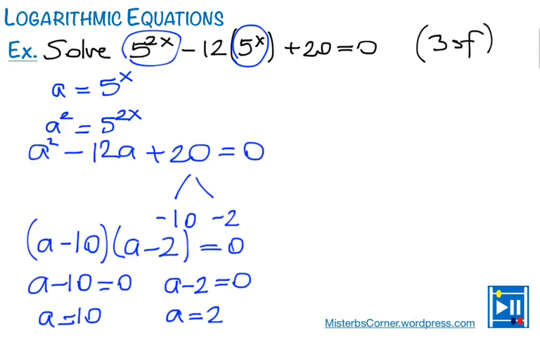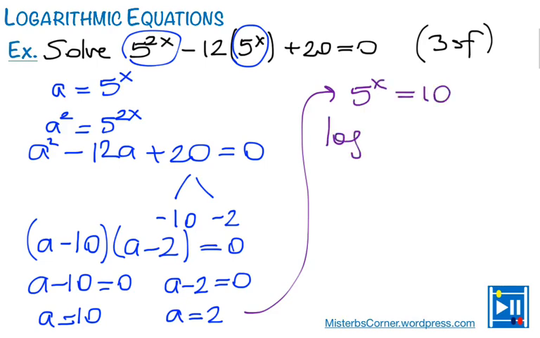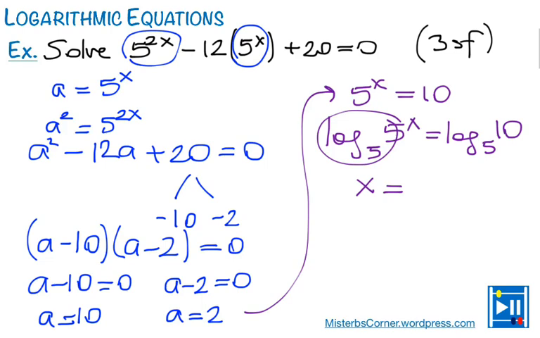Right, we have to come back to 5 to the power of x. So what we're going to do now is to write 5 to the power of x equals 10, and then I can take the log of both sides. Now if I take the log of both sides in base 5, I'm going to end up with this, right? So basically this will immediately give me x, because I know that this is 1. So it's going to be x times 1, which is x, and log in base 5 of 10 is 1.43,